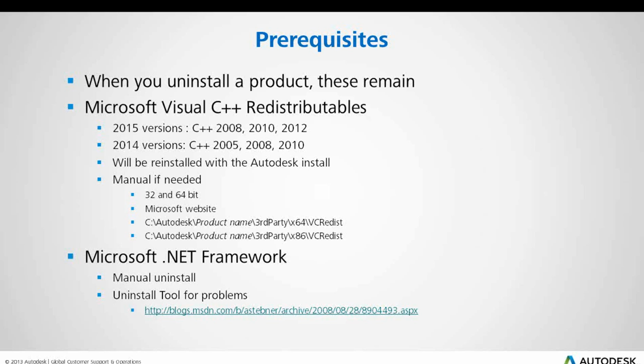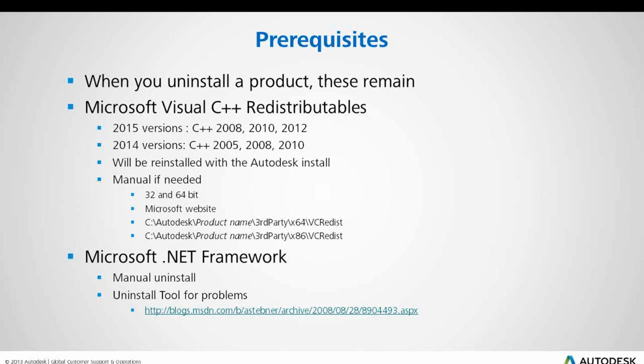Again, they get installed with the Autodesk install, and the installers will run when you reinstall the software also, whether they're already installed on your computer or not. Usually they will already be installed. And these are standard things from Microsoft. They get installed, like when you run Windows Update, it'll install this Visual C++ stuff. But since it's absolutely required for Autodesk software, we have it do the install at the same